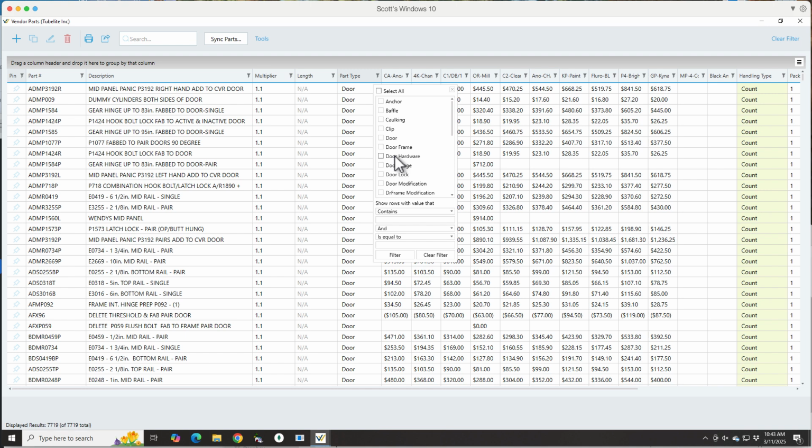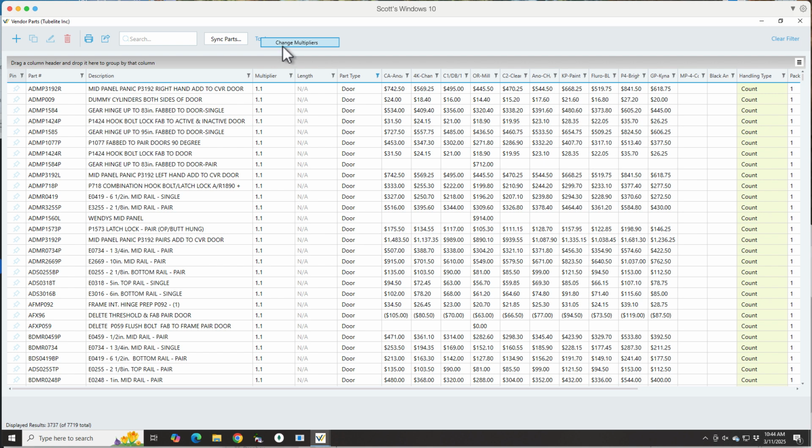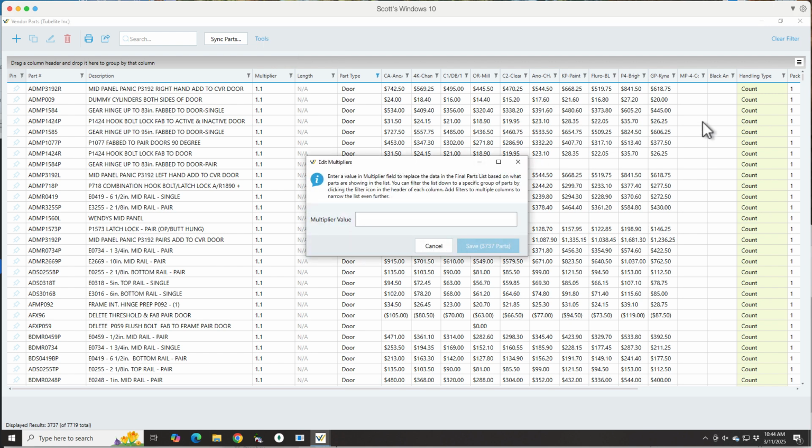So another way to do filtering is, say, by part type. So if I want all of my door related parts, depending on how accurately the part type is set for whatever manufacturer you're working with, then that will also determine what parts are being selected. So if that's all the door related parts I've just selected right there, let's say there's 3,700 of them, that's pretty many. Now I can use the tools and hit Change Multiplier, and let's say it's 0.95. So I'm going to update 3,737 parts,